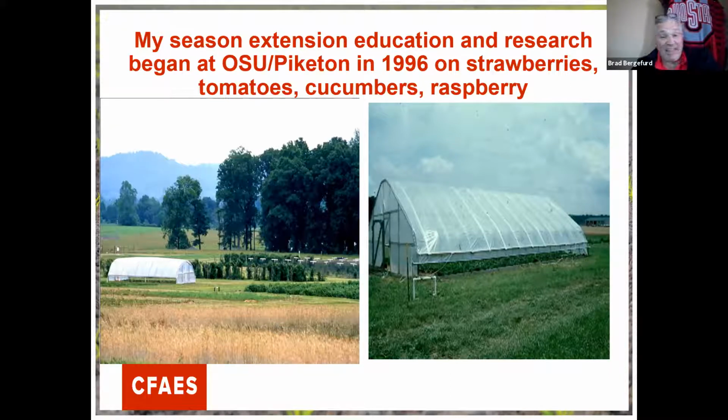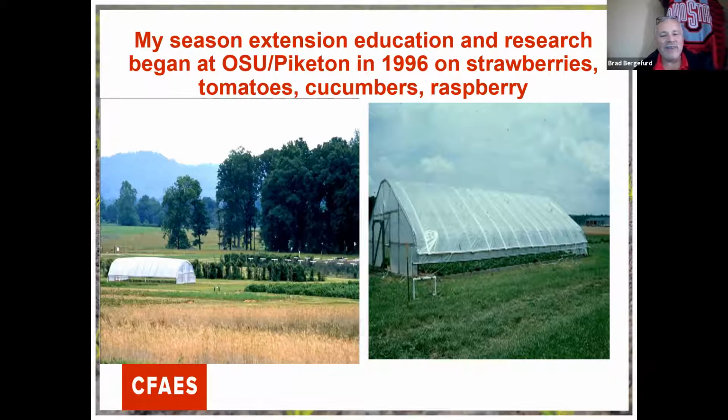This might have been the first quote-unquote high tunnel in the state of Ohio back in '96. We're part of OHCEAC, and OHCEAC had an old nursery code frame. It was destined to the scrapyard. So we got wind of it, went up with the gooseneck trailer and the big truck and loaded up all these pieces that look like Swiss cheese because they've been taken up and put down with self-tapping screws numerous times. But we brought it back to Piketon, and this is our first movable greenhouse high tunnel that I'm aware of